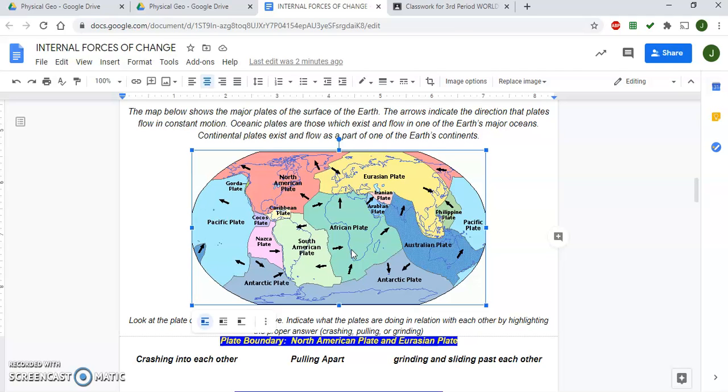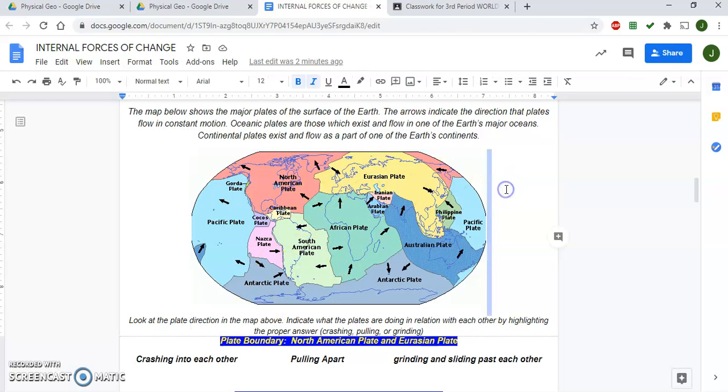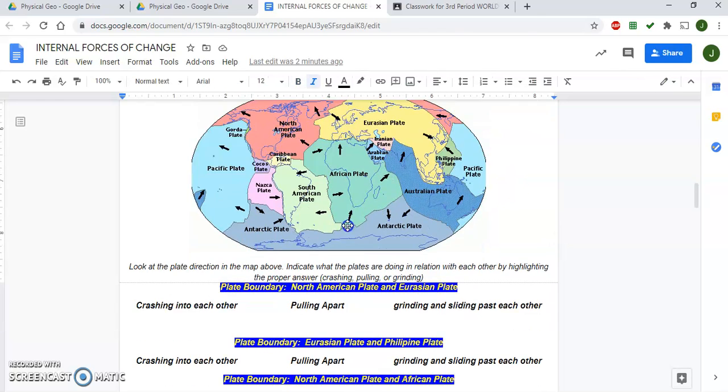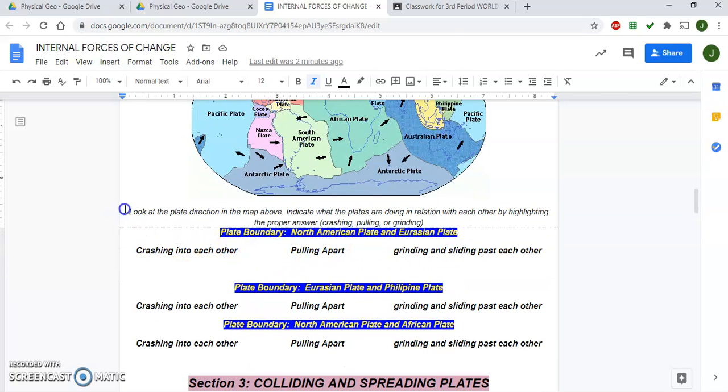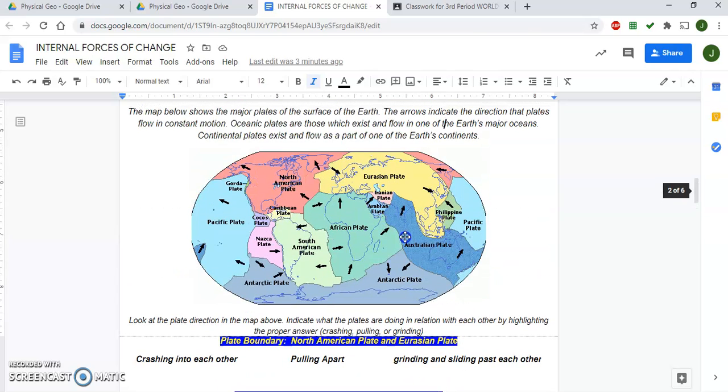We're going to see some video on some spectacular things that these plates create, but first we're going to read about them. So what I'd like for you to do is look at the plate direction in the map above and indicate what the plates are doing in relationship with each other by highlighting the proper answer. You're going to find these plate boundaries, for example, the North American plate and the Eurasian plate. You're going to find where those two